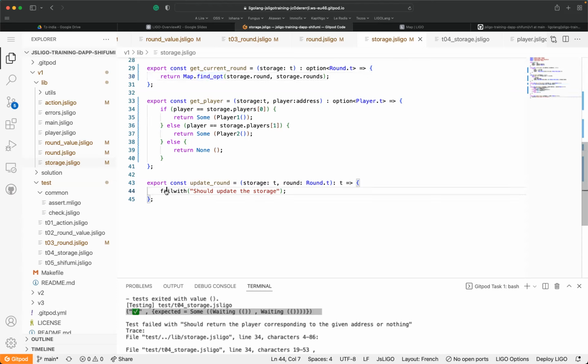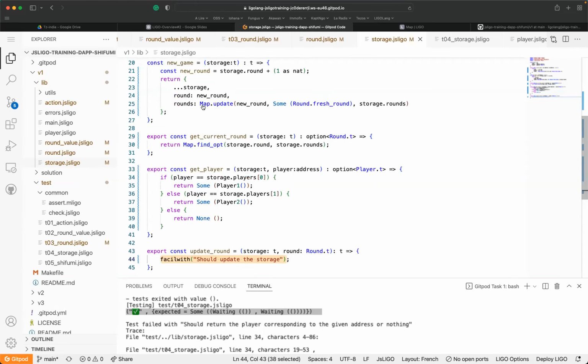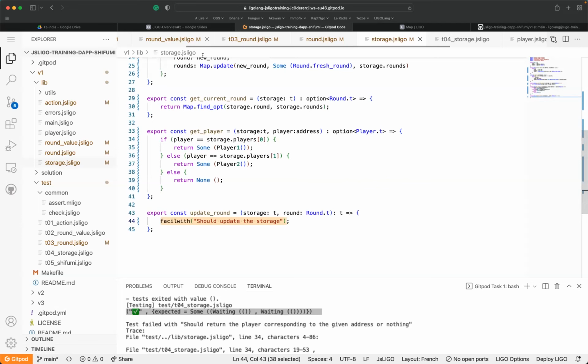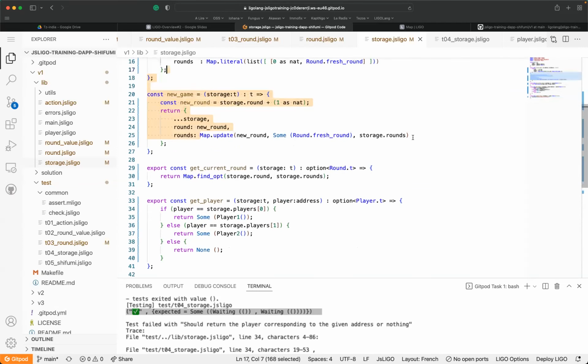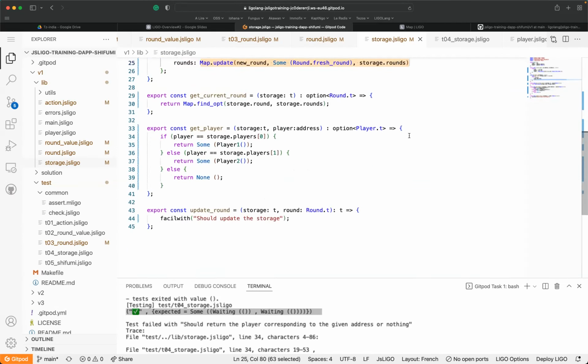Okay. And the update rounds, I'm going to write it right now, because the update rounds is just to update the current rounds, and the current round is in a map. So we are going just to modify the map, calling the update we already use here. So what I'm going to do is just to let you do some stupid copy paste.